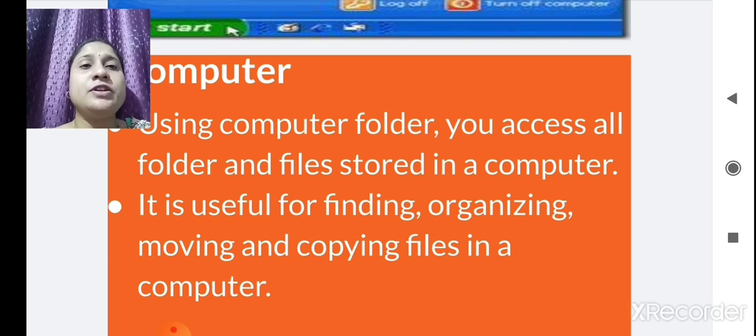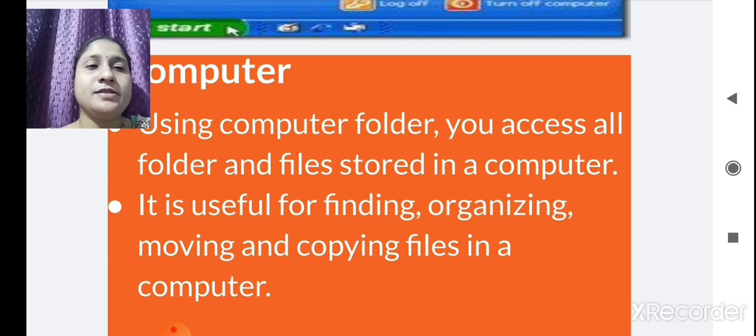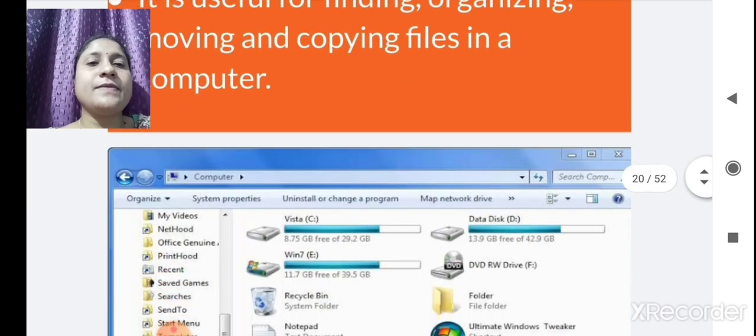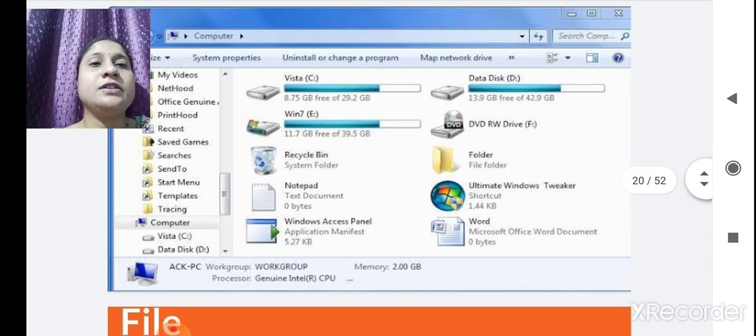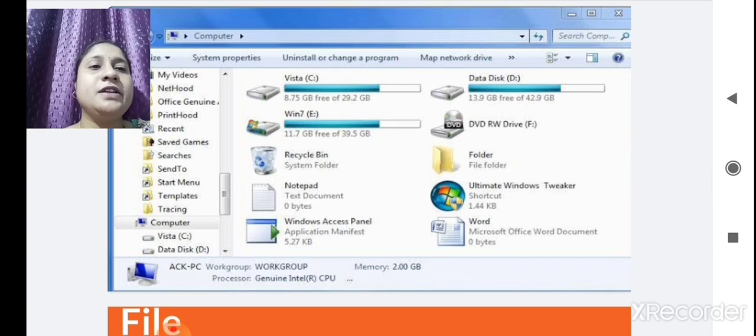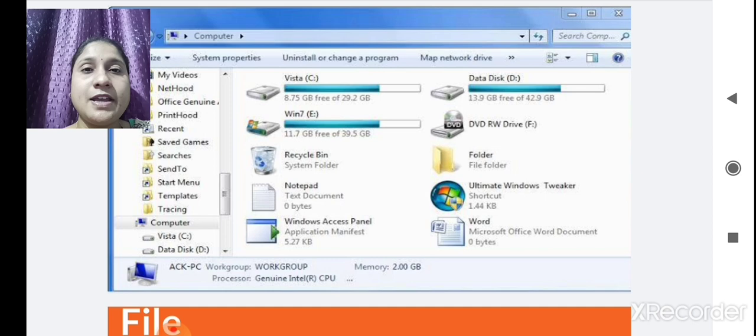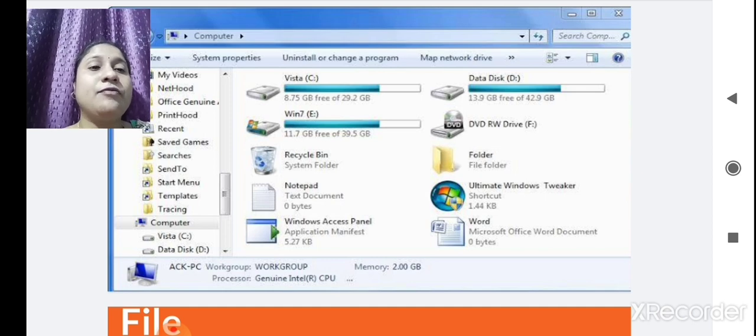See here, when we click on computer, you can see drives there: C drive, D drive, E drive, and even the recycle bin is also there. Folders, different windows are there. All these are saved in the computer folder.